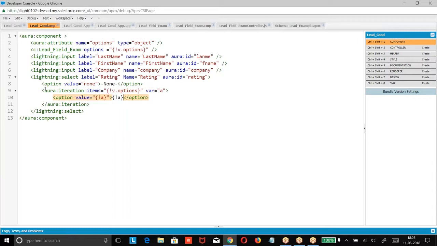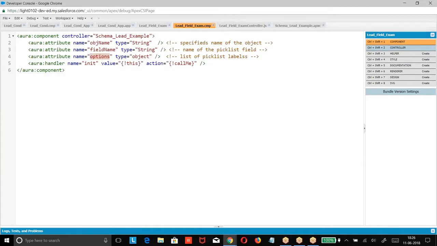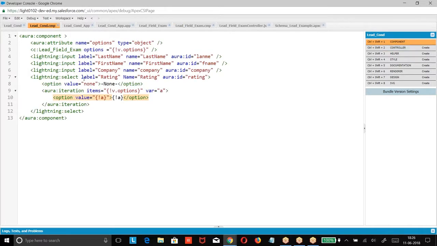Did you get my concept? In this component, what did I do? This component was purely designed to get the list of pick list options based on the field you have selected. Whichever field you are giving, based on that field name, get the options in the pick list field and pass those options. So whatever options I am getting, those options should be displayed in this component. So when I say rating, previously what did you get? None I got. Now I need to get none, hot, warm, cold. Every option we had in the pick list, all those options should be displayed here.